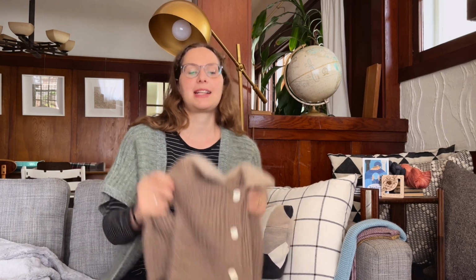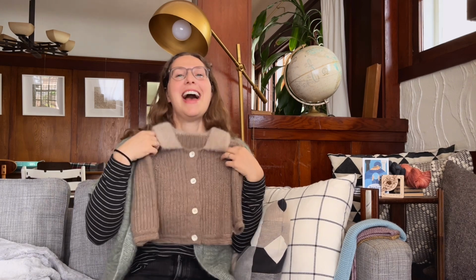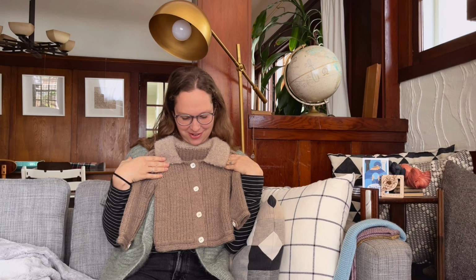And then when I did it the next time, what I ended up doing was using a smaller needle size to reknit it. So all of the stitches ended up being a little bit smaller than they were originally, but it was less noticeable because all of the stitches in that section were just slightly smaller instead of the one at the end being really tight. I don't know if that makes any sense, but anyways, I had to do some surgery on the raglan increases,